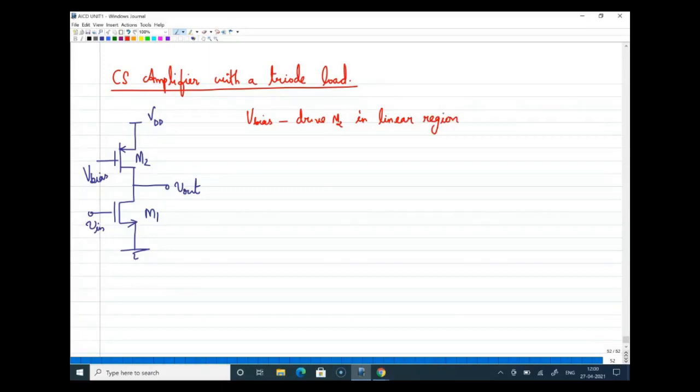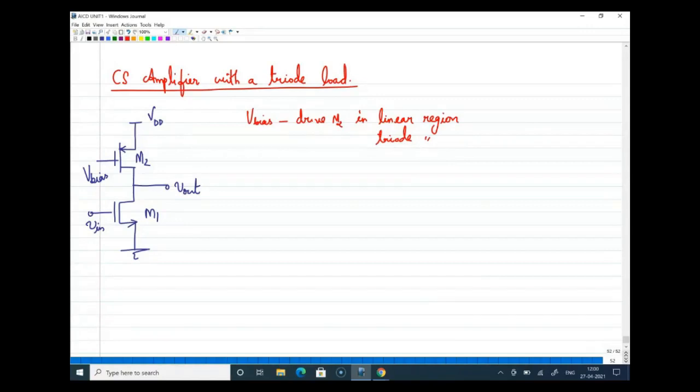When I say linear region, it is otherwise called triode region. That is why we have the name of the load as triode load, right? So we'll drive M2 in linear region or in triode region. Both are the same. If that is the case,